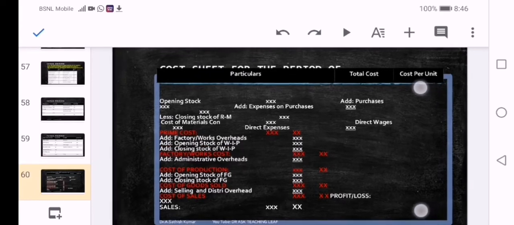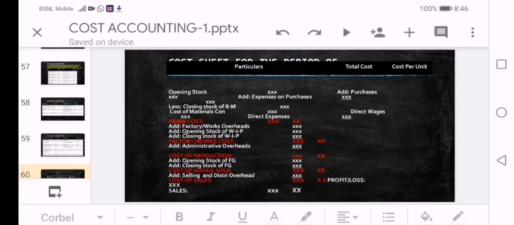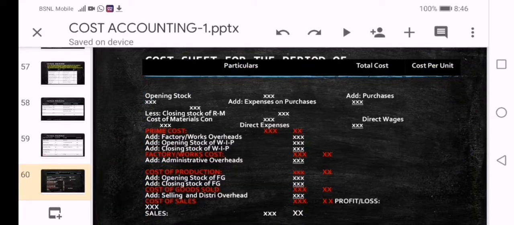This is the cost sheet that I am presenting here now, but some zigzag happened in the slide. Despite many adjustments, it is happening in the presentation. Just let me explain very slowly. This is a model cost sheet which helps to find out total cost of production as well as cost per unit of production. So 3 columns are there for the model cost sheet.